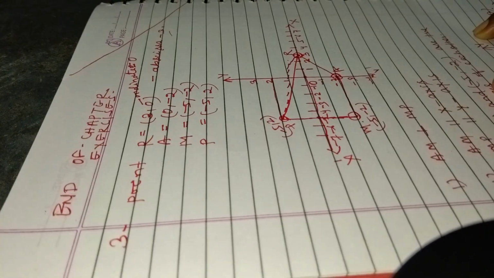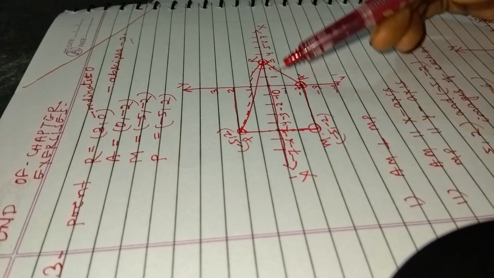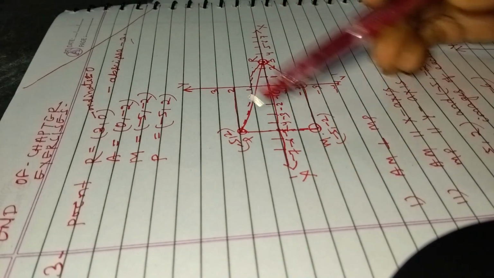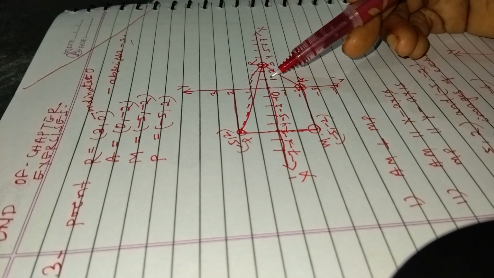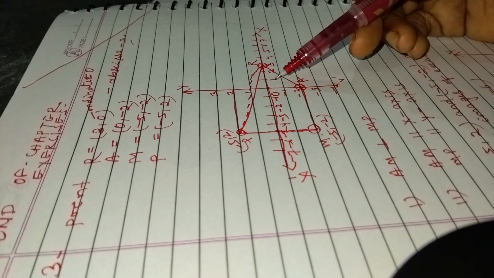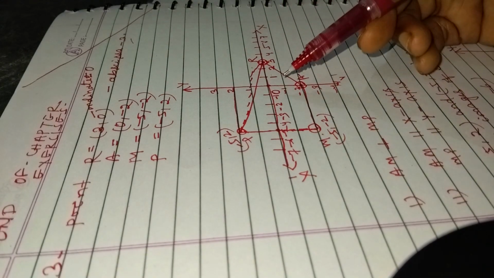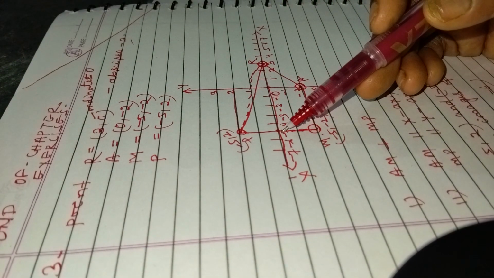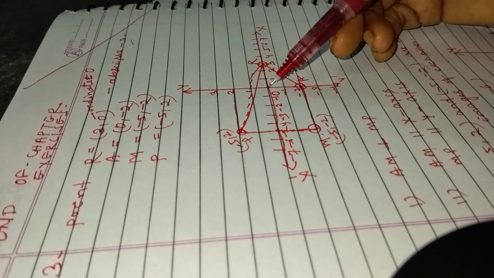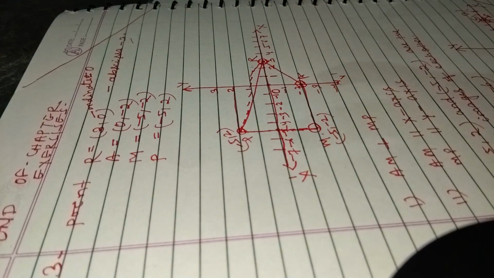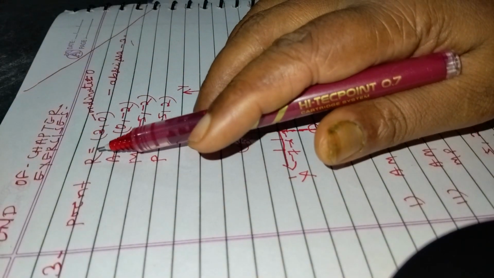First we will plot them on the coordinate plane, that means the Cartesian plane. So suppose this is my Cartesian plane, this is x and x dash, y and y dash. This is my origin 0, and from the origin to the right are our positive points 1, 2, 3, 4, 5, 6, 7 onward. Similarly -1, -2, -3, -4, -5, -6, -7 on the left, and upward 1, 2, 3, 4, 5, and downward -1, -2, -3, -4.